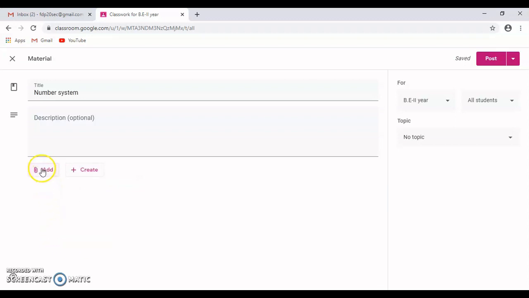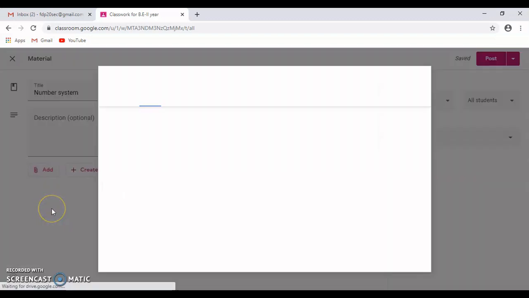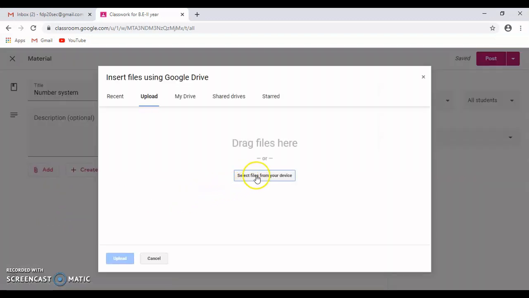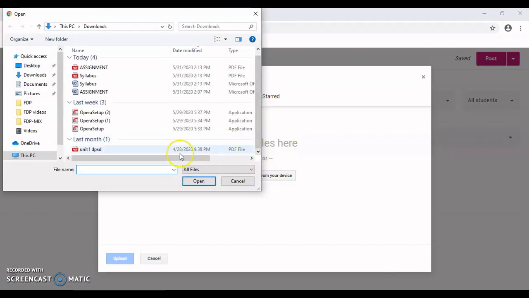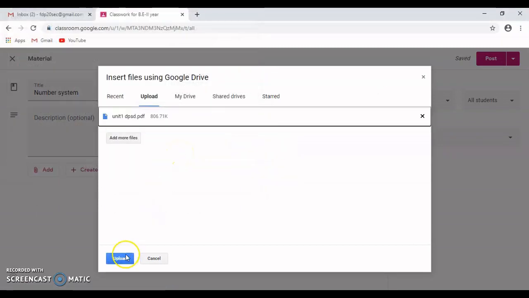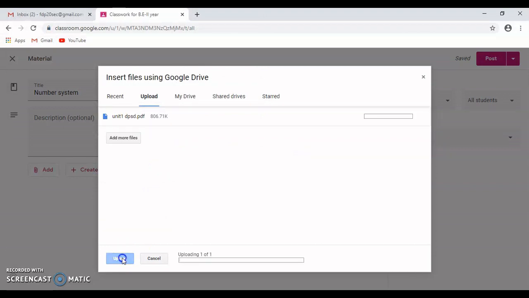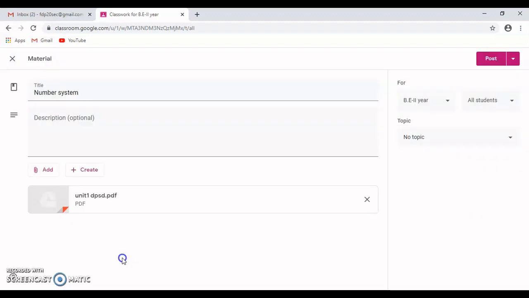I click on Add. I have saved the material on my device, so I'm going to click on File. I click on Select Files from your device. I select the document, click on Upload. Now the document is uploaded.